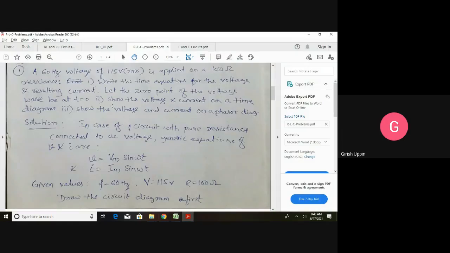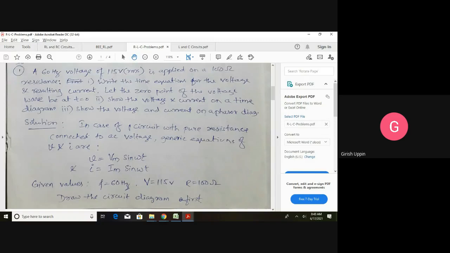This question, I will share this problem in your group, in your classroom. Don't write down the question. Try to understand what I am explaining. You will get it. This PDF, I'm going to attach it to your today's class video. Don't worry about noting down anything. Try to understand. That is important. This will be shared.